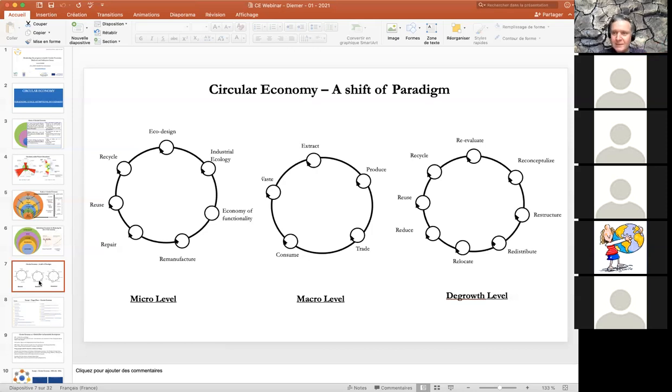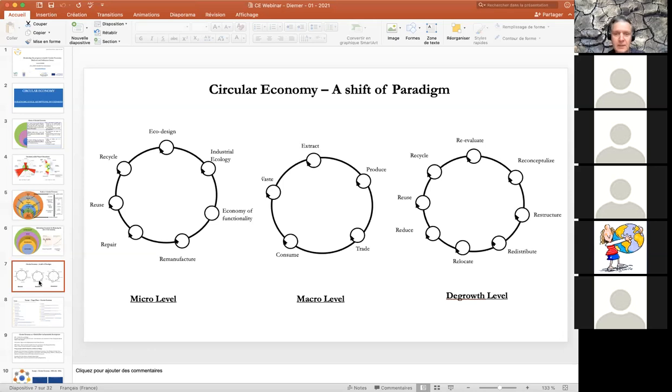If you just leave the materials in the earth, you don't touch them. They are free. There is no cost, no price. So no scarcity, no abundance. Maybe abundance, but we don't use them. So I think that the big step here about the circular economy is extraction. And like I said before, extraction and energy, because you need more energy to extract. And I still believe today that we need more energy to extract than maybe 15 years ago.